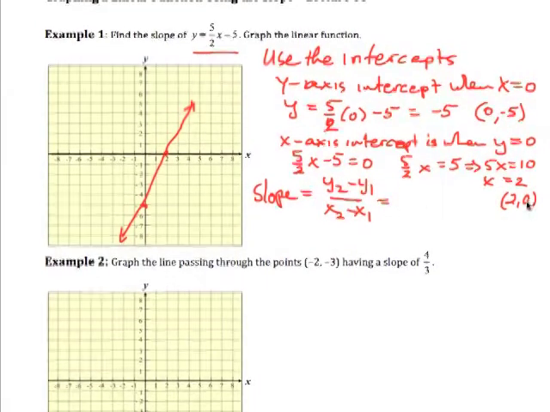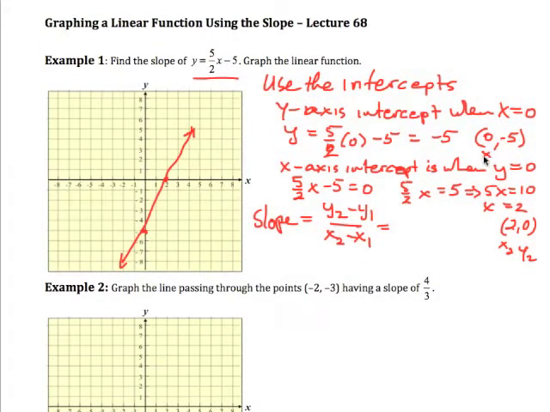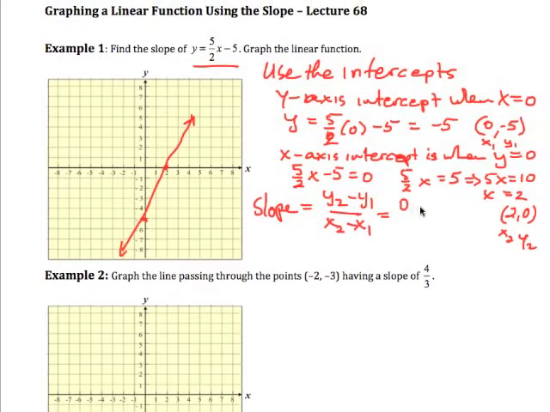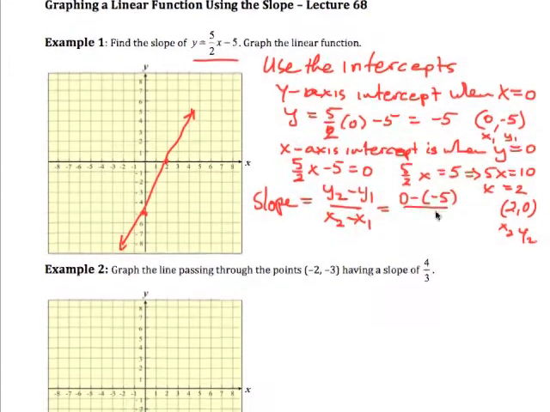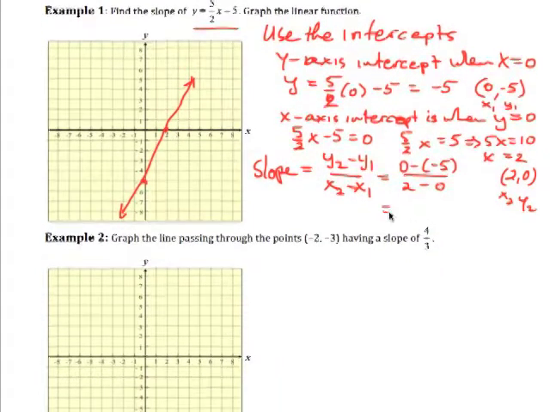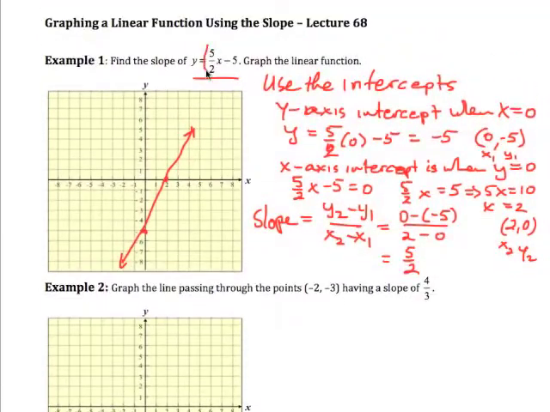So let's take this one as our (x2, y2), and this one is our (x1, y1). So we're going to have 0 subtract negative 5 over 2 subtract 0, which of course is 5 over 2, which is interesting because this is in fact 5